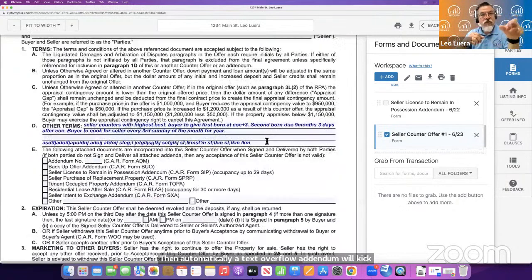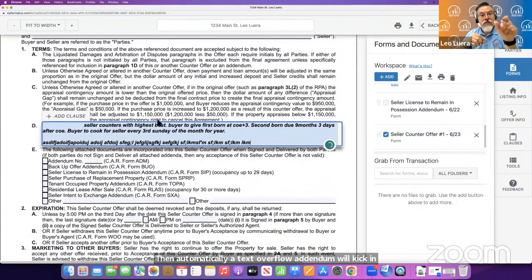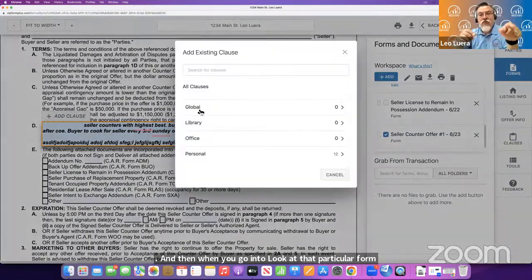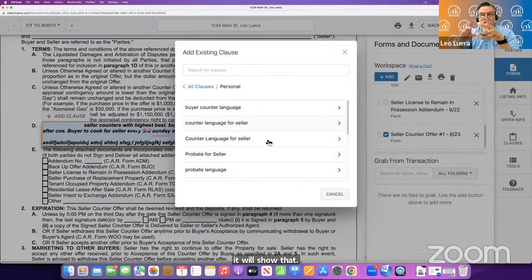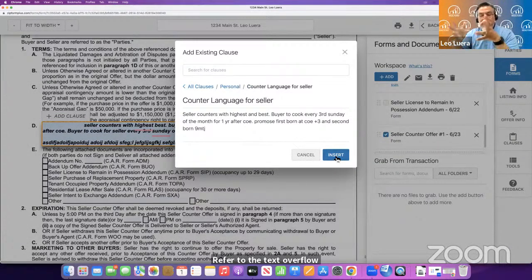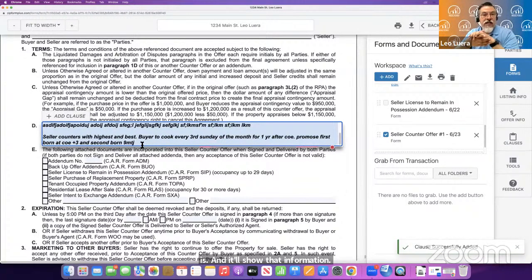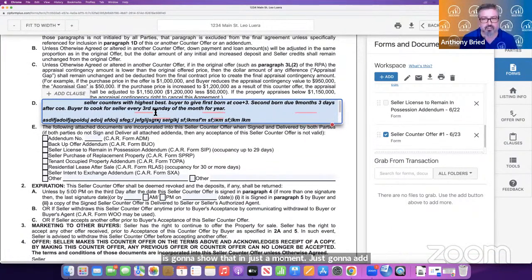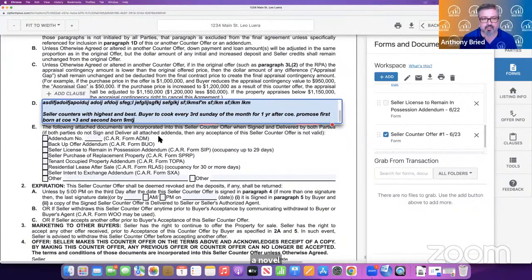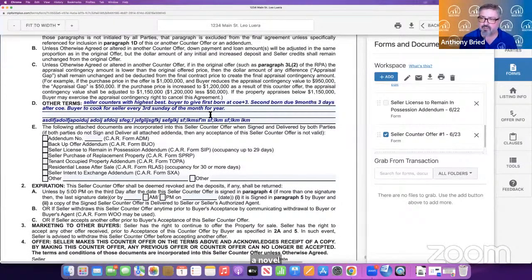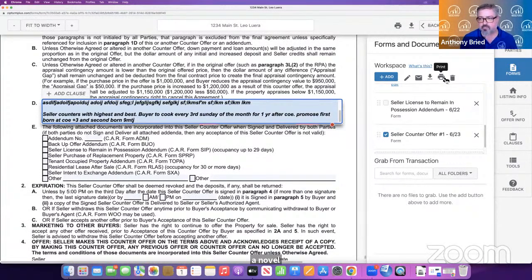And then when you go in to look at that particular form, it will show that, refer to the text overflow addendum section, whatever it is, and it'll show that information. Anthony is going to show that in just a moment. He's going to add a novel. So here, basically, I wrote a lot of lines of text, but it only cuts off after so many lines. So now when I go and say print this particular form,